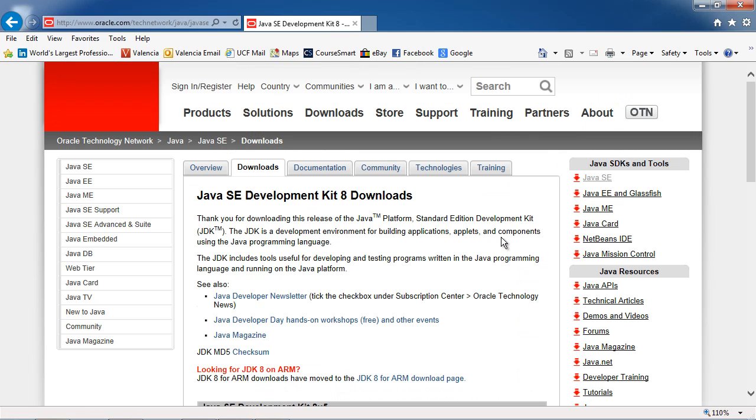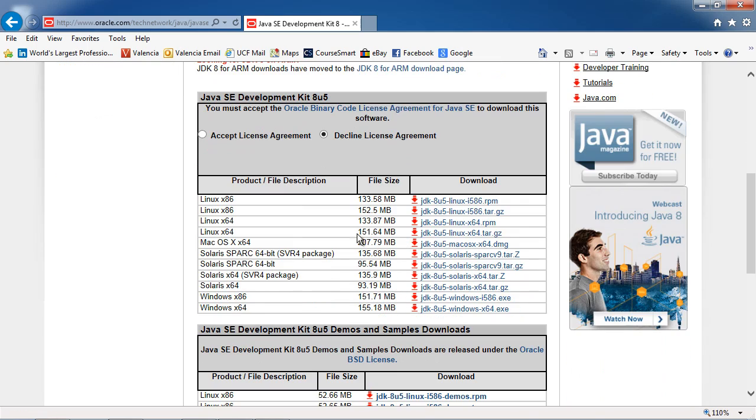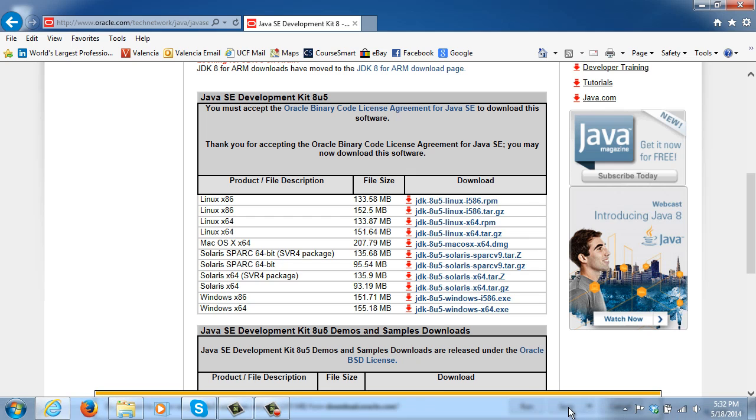So I'm going to go and get the JDK, and I'm using the 64-bit. So I will accept the license agreement, and I'll go down here and look for the 64-bit version. Some people are confused by the 86 and the 64. The 86 version of things is the 32-bit version. That's confusing if people don't have a long history of knowing about the Intel 86 processors. But we're going to go and get this one, the JDK 8U5 Windows x64,